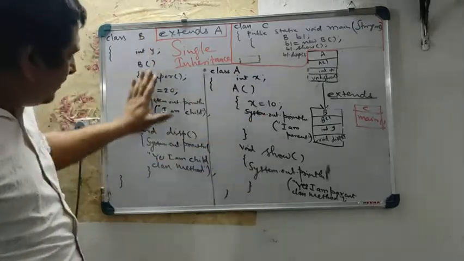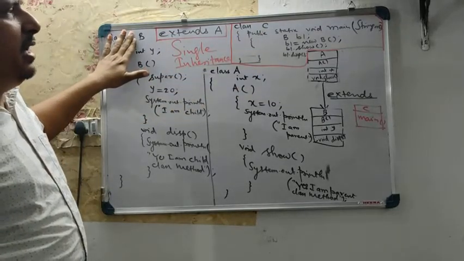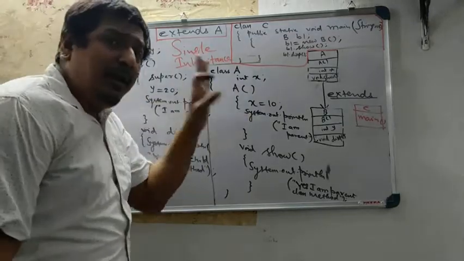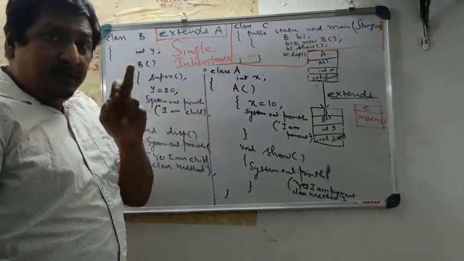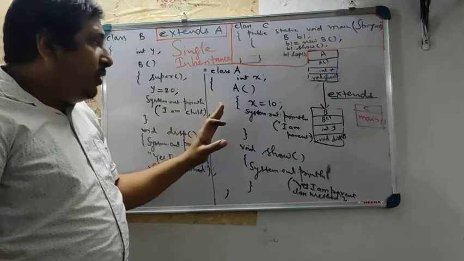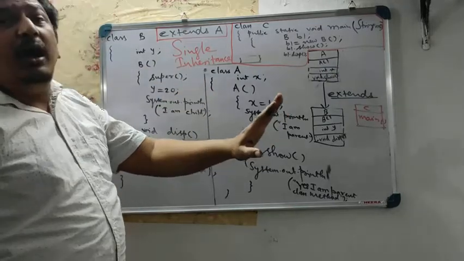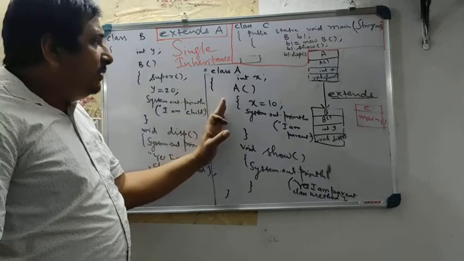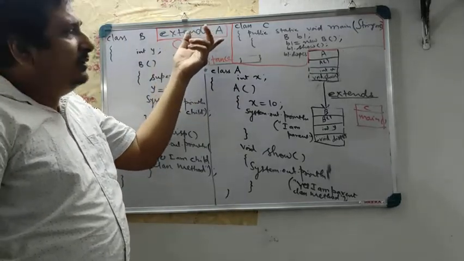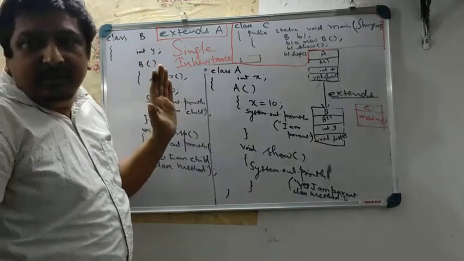This is one class, this is another class, and then finally we are creating an object of B, and through the object of B class, not only am I calling the methods of B class, but also the methods of the A class, which is not at all a part of B class, rather it is a separate class but acts as a parent for B. Due to this extends A, the features of class A can be accessed through class B. Is that clear?